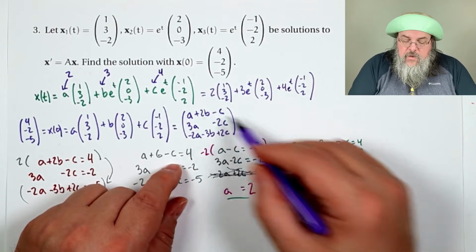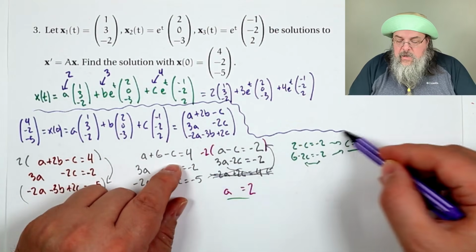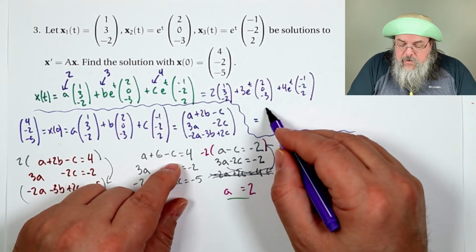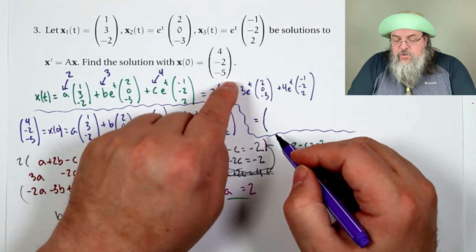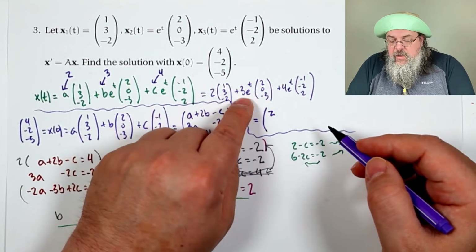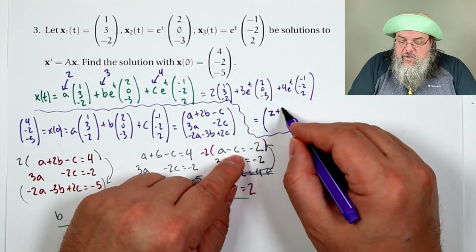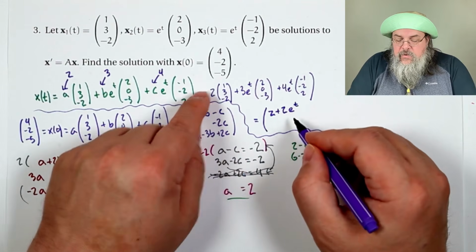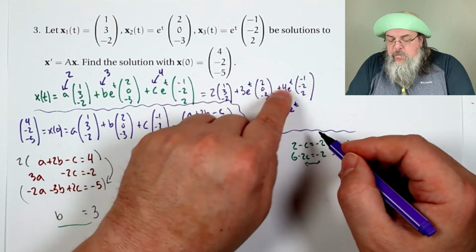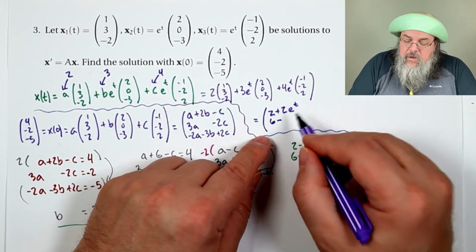But we can also do the following. We can put these together. And if we did that, what would we have? Single vector. Well, we'd have 2. Then we would have 6 e to the t minus 4 e to the t. So that would become a plus 2 e to the t. 2 times 3 makes 6. Then we have 0 e to the t minus 8 e to the t. And 6 minus 8 makes minus 2